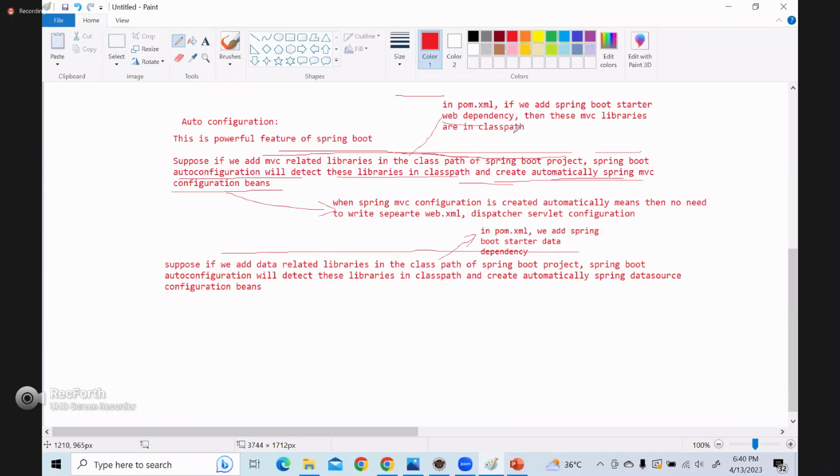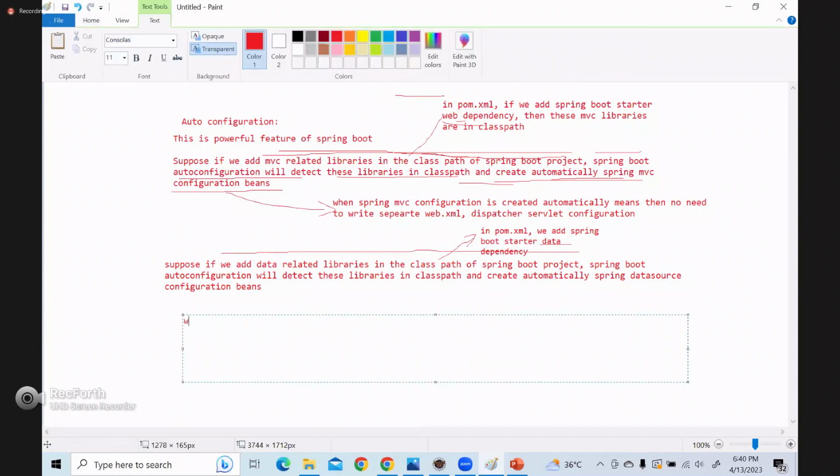Just like I told you, for web there is one starter pack, for data there is another starter pack. So like that, Spring Boot auto configuration will detect those libraries in the class path and automatically create beans, so that you don't need to create them separately. Your effort gets reduced. So with auto configuration,